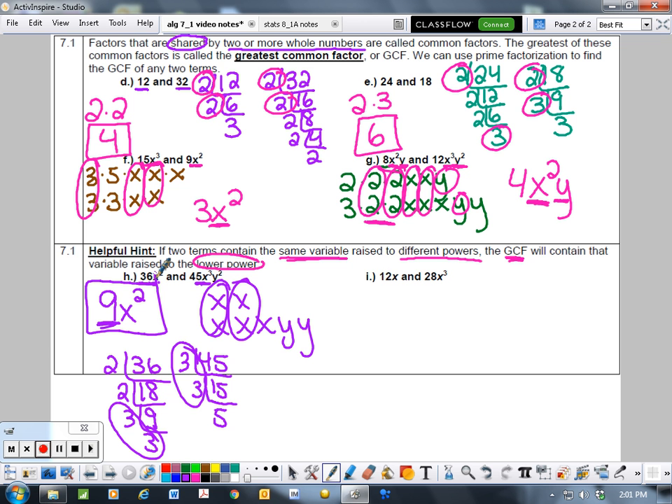So again, lots of different options for you, just trying to show you different ways to make it a little bit quicker. So let's see, 12 and 28. Their greatest common factor is 4. And then I have an x and an x to the third. So this is an x to the first. They both have x's, so they're going to share an x, and the power is going to be the lowest of the two, which is the first power. So 4x would be our greatest common factor. So that's what we're going to work on in class. I wish you luck, and I'll see you